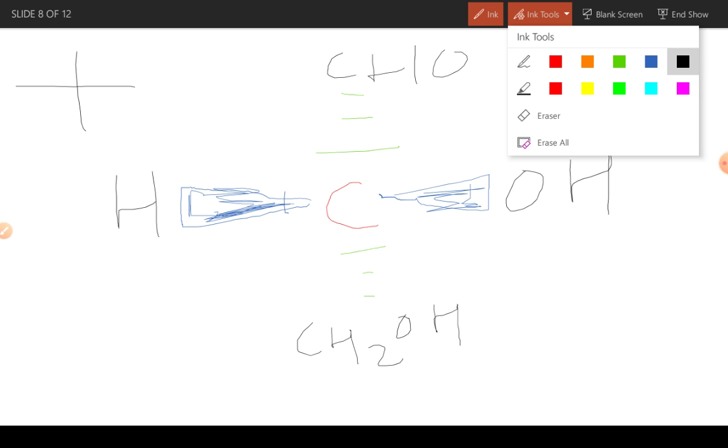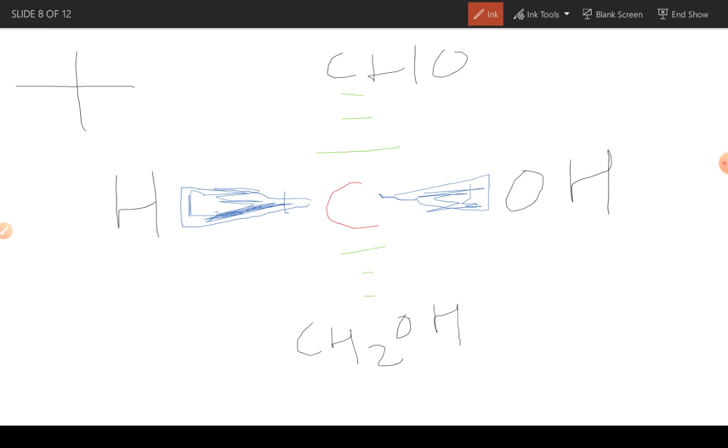So let's see what is going to happen. As I have said, this is number 1 priority, this is number 2 priority, this is number 3 priority. See, here hydrogen is coming towards us, but at the time of R and S configuration, I said the less priority group, here hydrogen, should go away from us so that we can get the actual configuration. But here the H is coming towards us, so we need to reverse our configuration.